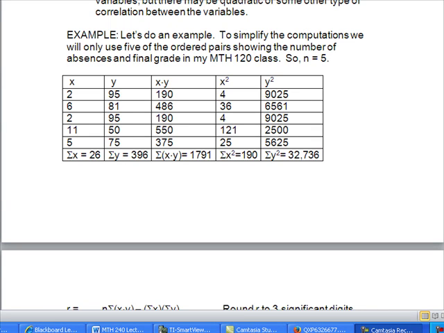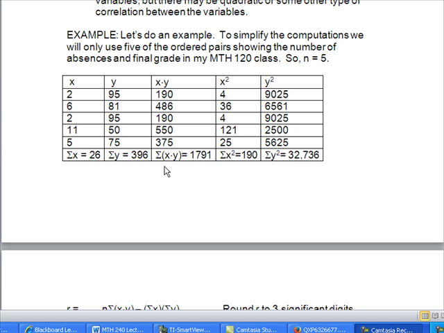Let's continue with an example. I collected data from a Math 120 class I taught a number of years ago. From that class I took the number of absences each student had, which represented the X, and Y represented the final grade in the class. So I randomly chose 5 of the students